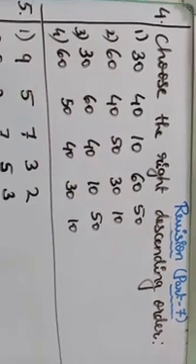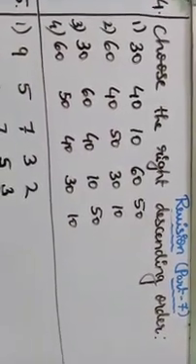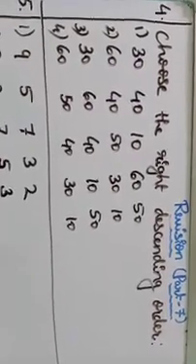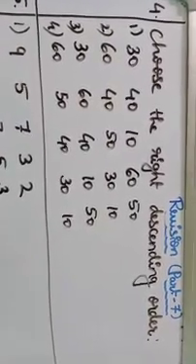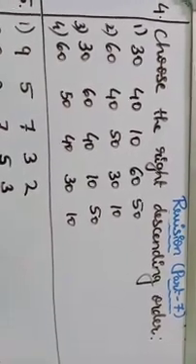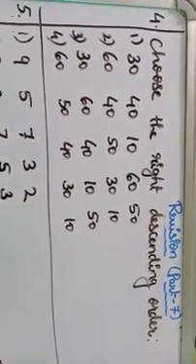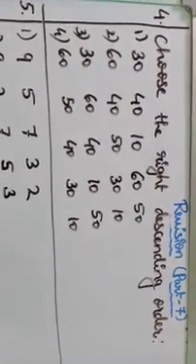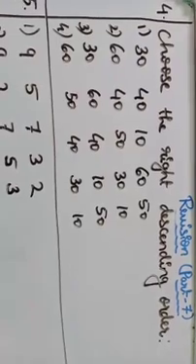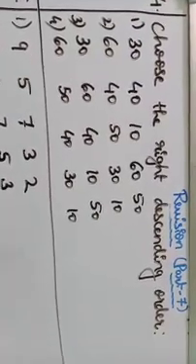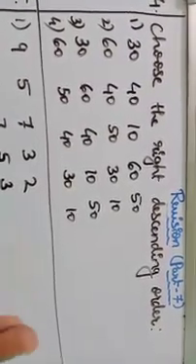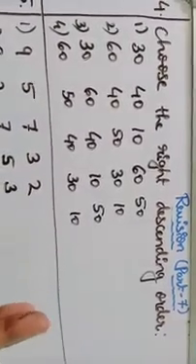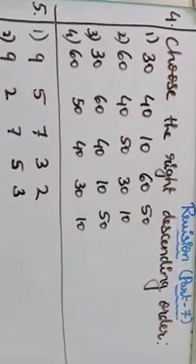Let's go for the fourth question, that is choose the right descending order. So just now we have finished the ascending order. Now we have to do a descending order. So what is descending order, children? Yes, arrangement of numbers from greater to smaller. From greater to smaller is called a descending order. So here we first search for the greater number, that is the big number. So greater to smaller we have to arrange. Okay, let's find out the answer.